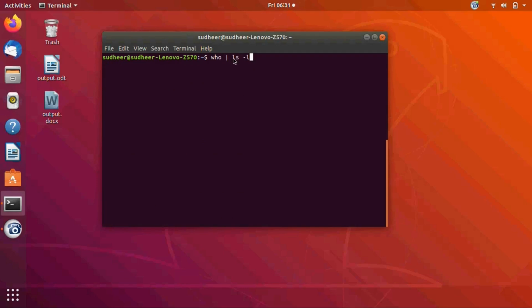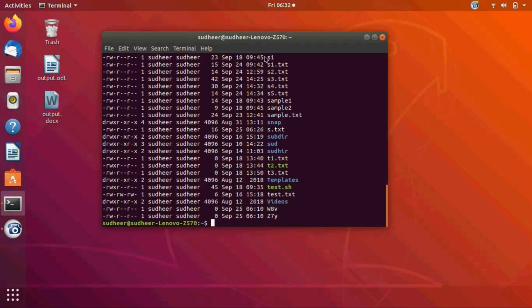The output of the first command is given as an input to ls -l. So this pipe is used as both standard input and standard output. Here you got all the users who logged into the system.